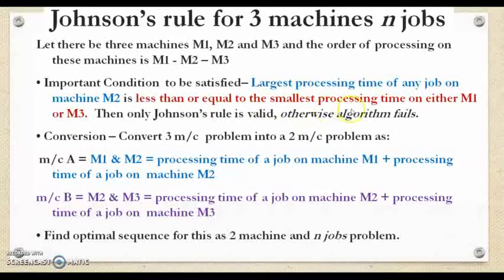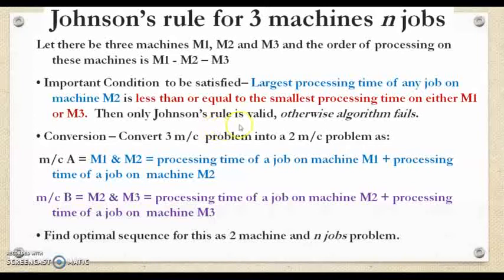This smallest processing time from either M1 or M3 must be greater than the maximum processing time of any job on machine M2. If this condition is not satisfied, then